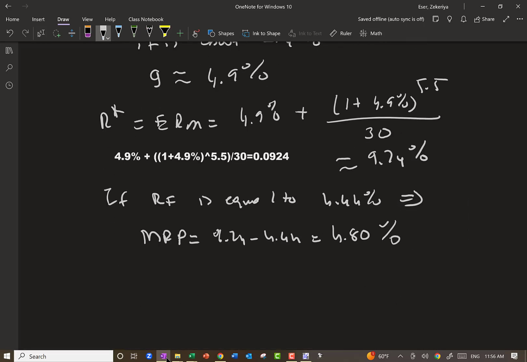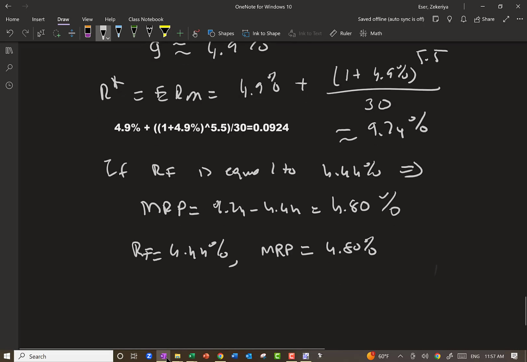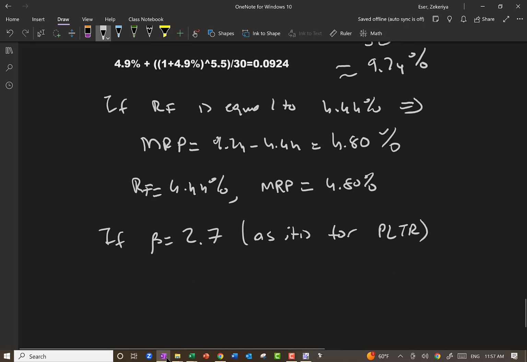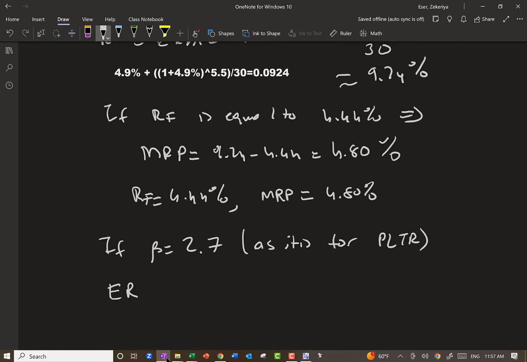So we have RF at 4.44% and the market risk premium at 4.80%. For example, if beta equals 2.7, as it is for Palantir Technologies, the expected return on that portfolio is going to be the risk-free rate